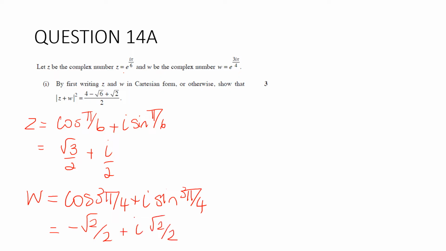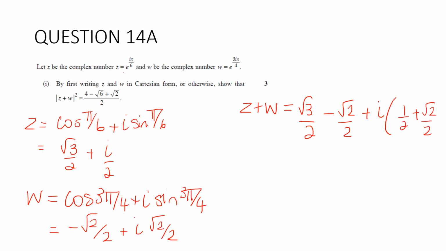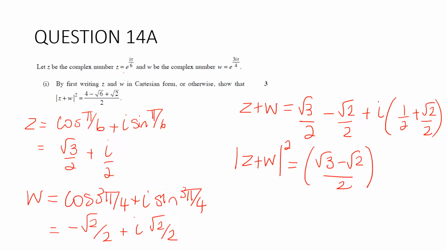And so z plus w will equal root 3 on 2 minus root 2 on 2 plus i times a half plus root 2 on 2. And so the modulus of z plus w all squared will be root 3 minus root 2 on 2 all squared plus 1 plus root 2 all over 2 squared,